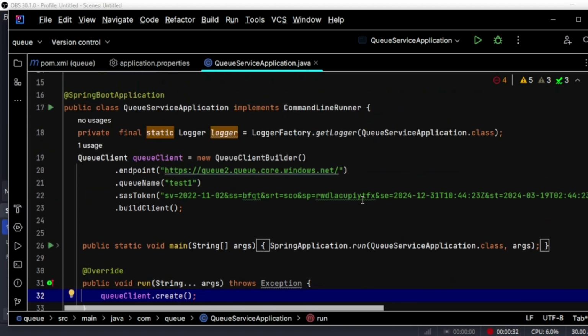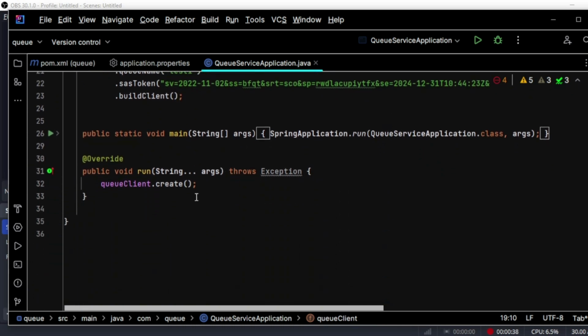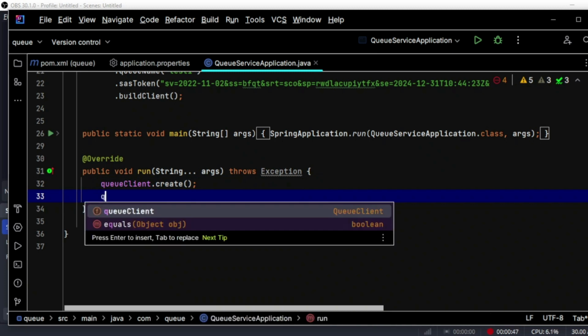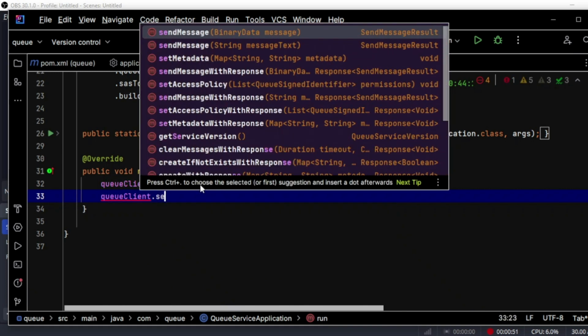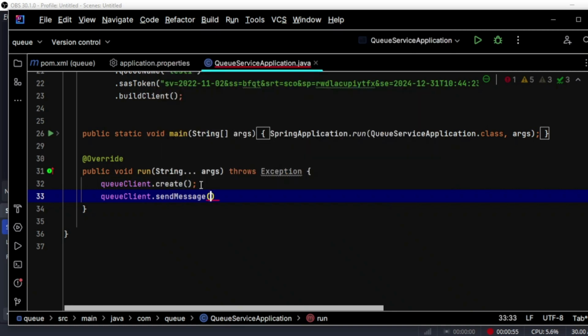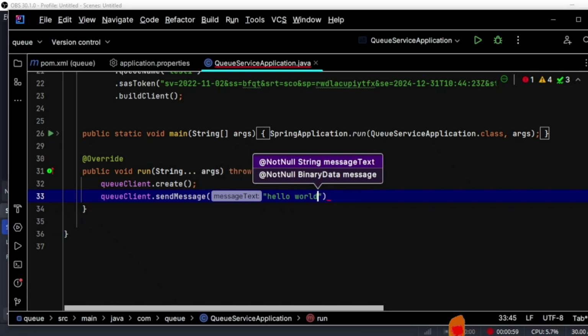This is what we have seen: how we can create a QueueClient and the queue. Now let's see how we can send a message. To send a message you simply need QueueClient dot. Here you can see I have sendMessage, right? Let's use that with a string message. Let's pass hello world